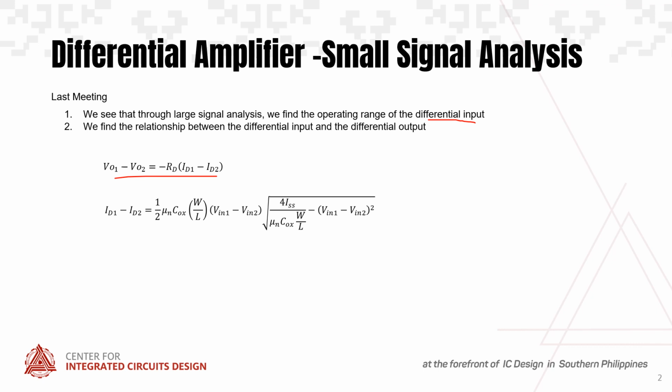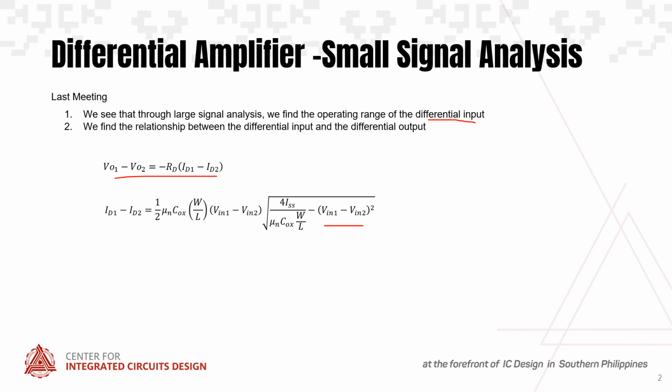We have seen that ID1 minus ID2 is equal to 1/2 mu n COX W/L times Vn1 minus Vn2 squared, times the square root of 4 ISS over mu n COX W/L minus Vn1 minus Vn2 squared. And we can see that this is a nonlinear equation. This would give us a nonlinearity. So if you want to exactly get the relationship, get the gain, we must operate this